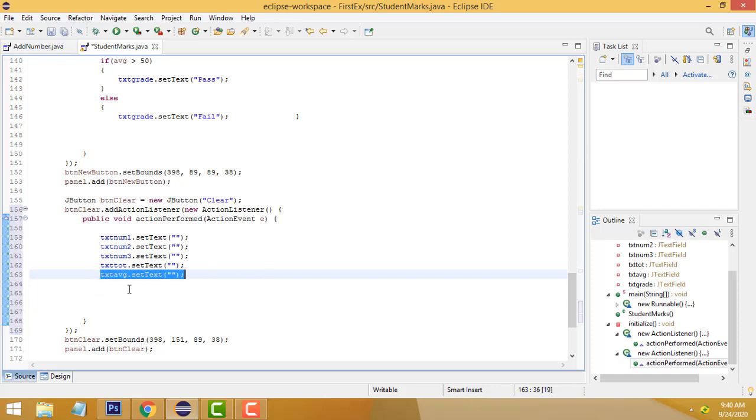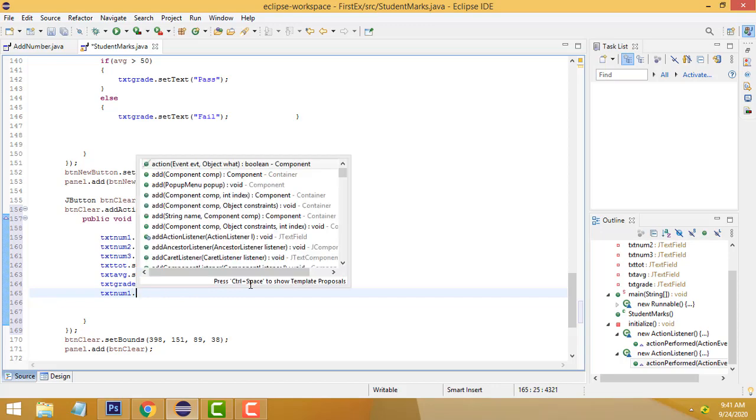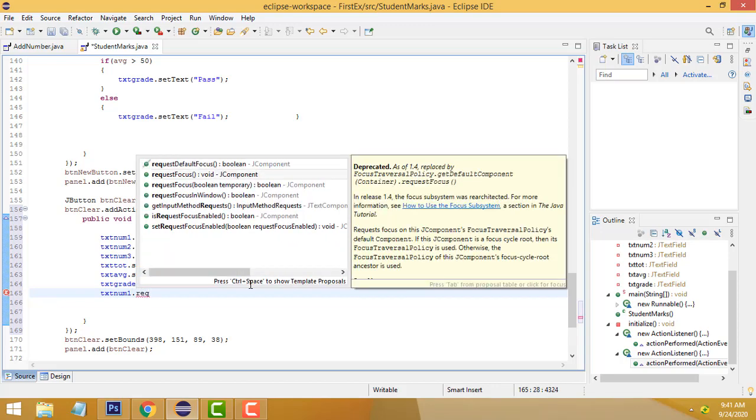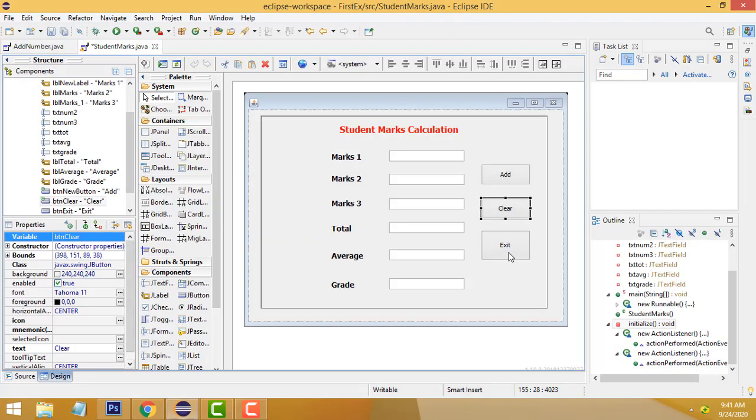Same thing, this one should be the grade. Finally, all these things are cleared, and we focus the cursor on the txt num1 text field. So Control C to copy, Control V to paste here, dot requestFocus method, we have to call it here, right?